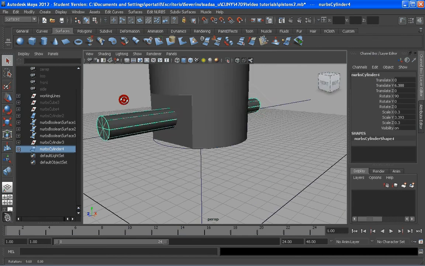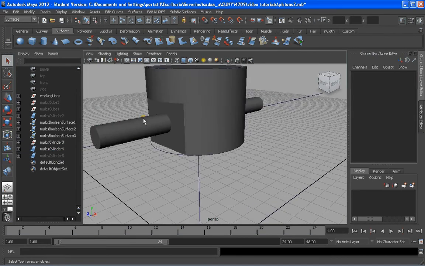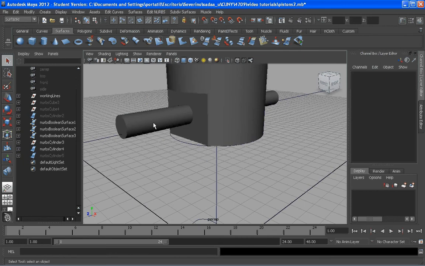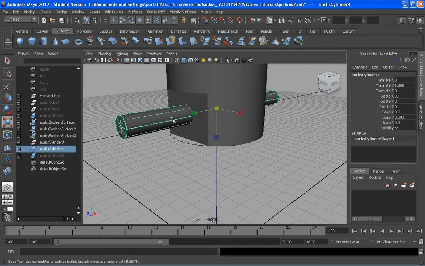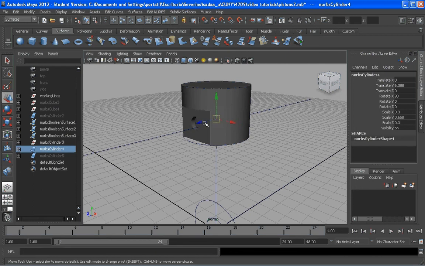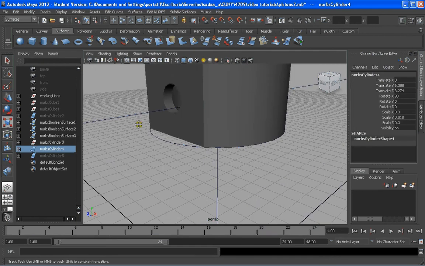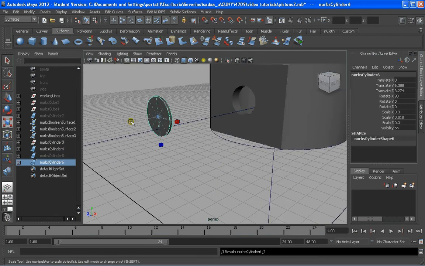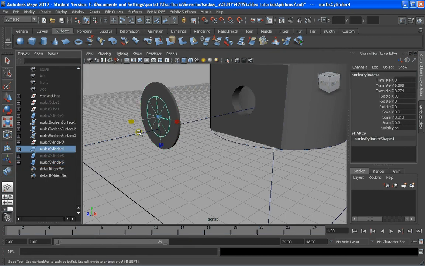I'm going to Control D and copy it again, and Control H to hide it, so we have it again afterwards to do another option. And I'm going to do R, W to take it up here and see what I'm doing. There we go. It's a little piece. I'm going to Control D that, and scale it to make it bigger. I'm going to take the one inside, which I believe is this, and without pressing Control, I'm going to scale